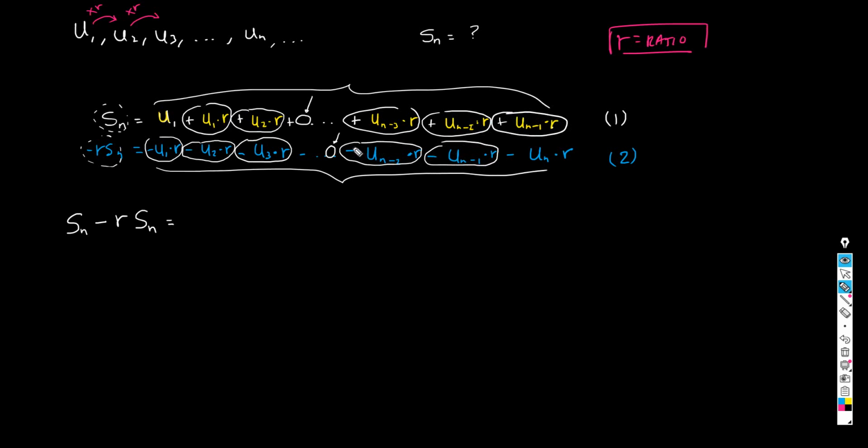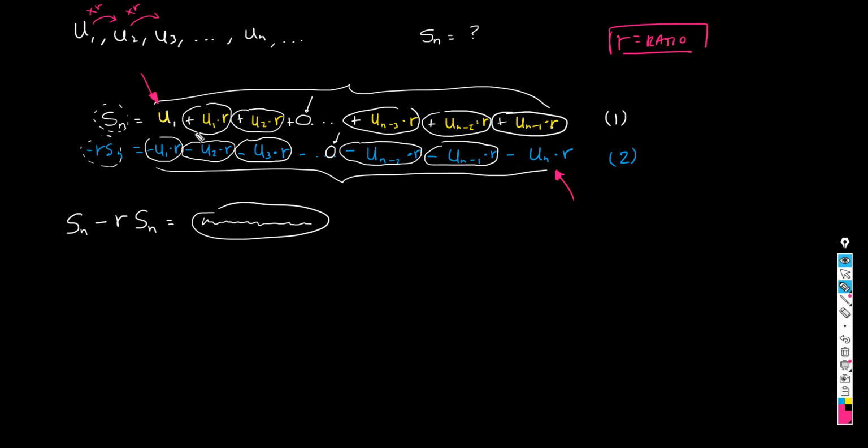Okay, so basically, guys, listen, when I add the right sides of equation 1 and equation 2, and write the final answer in here, what I'm going to get in the very end is just this term in here. This is going to be the only surviving term, u1, and this other last term in here, minus un